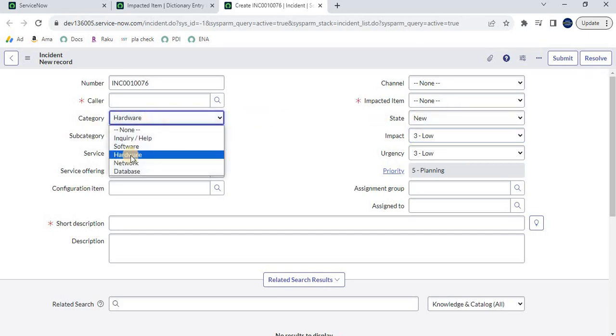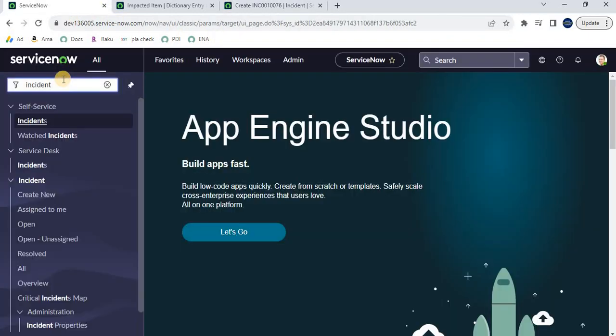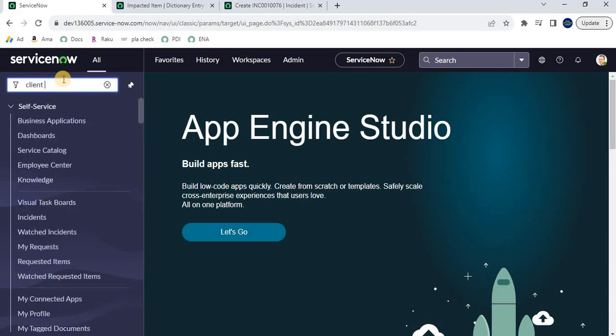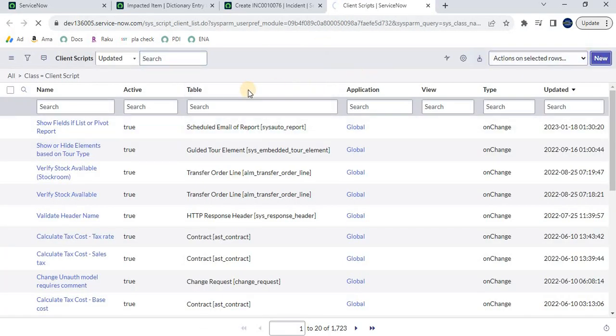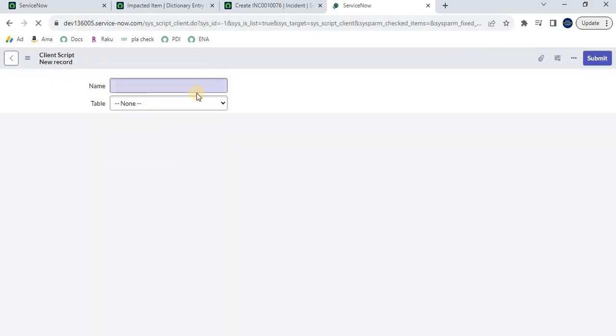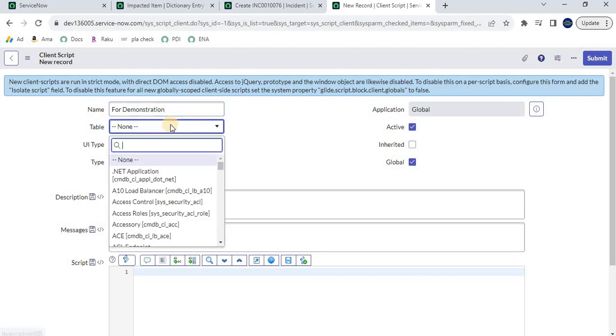So on the change of category, basically we need this, right? So it means we have to write an on change client script. So go here, type client script, click new. You can give any name over here. I'm just giving one for demonstration. As we are going to implement the same in the incident table, select incident over here,